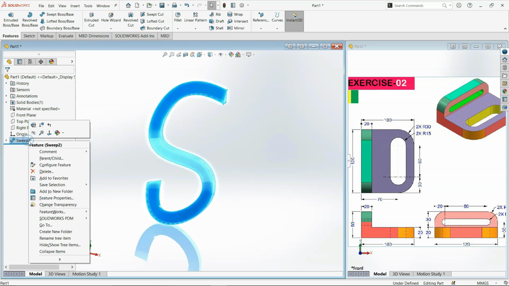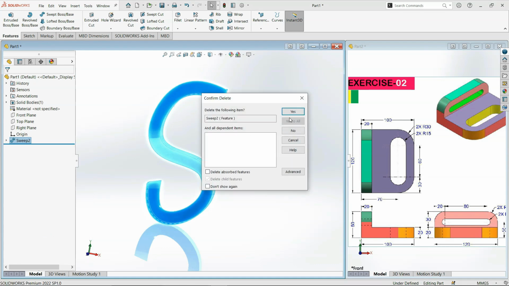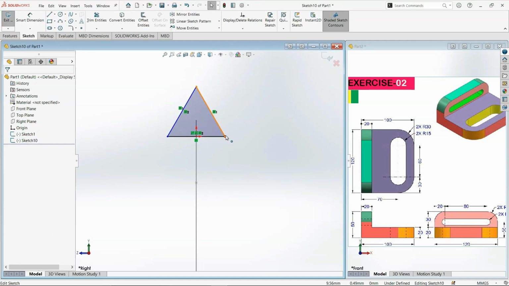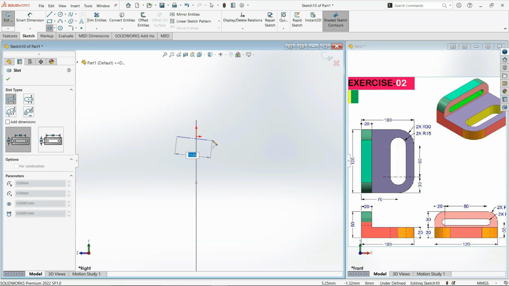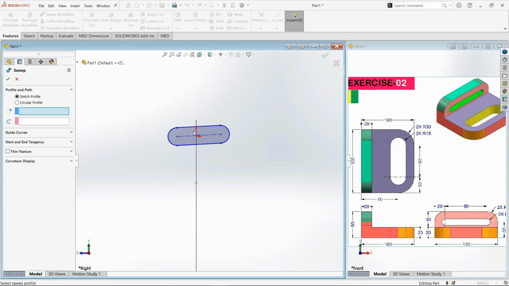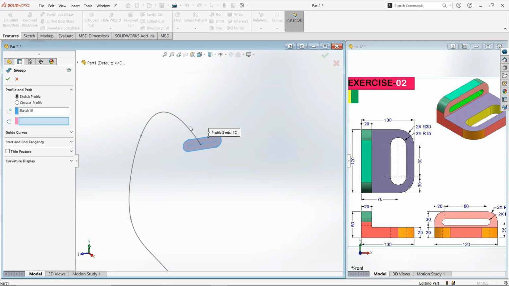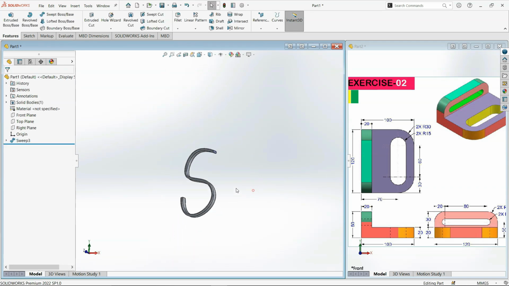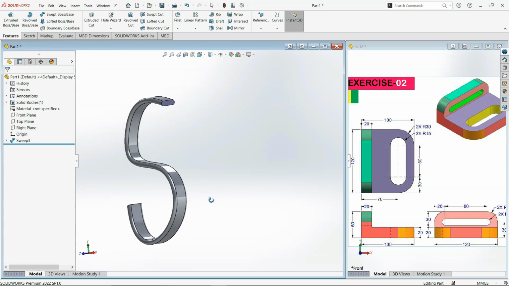so let's create some other profile. Now this time not rectangle, oh sorry, triangle. I will create some, let's say, slot. Let's sweep, clicking on this and clicking on this. Now we have again an S here. Okay,